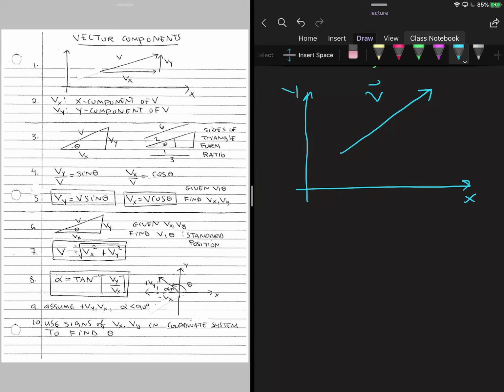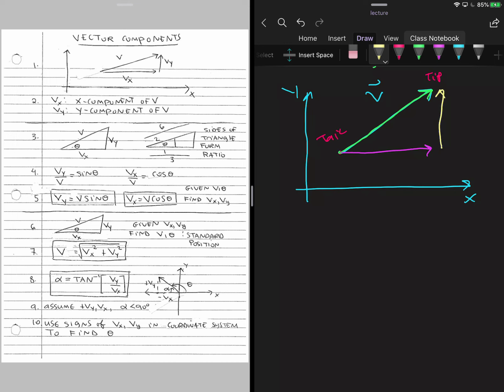So you can get from the back of the vector, which is called the tail, to the front of the vector, which is called the tip. You can get there in two ways. You can just walk directly from the tail of the vector to the tip, or you can break it down into two steps. You can walk horizontally by this distance here, and then you can walk up vertically by this